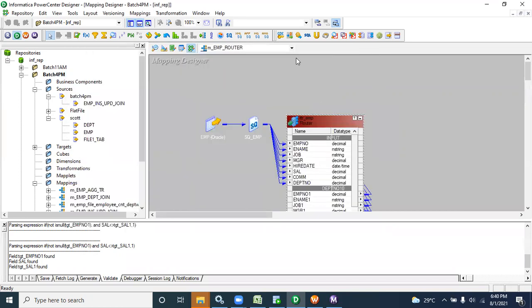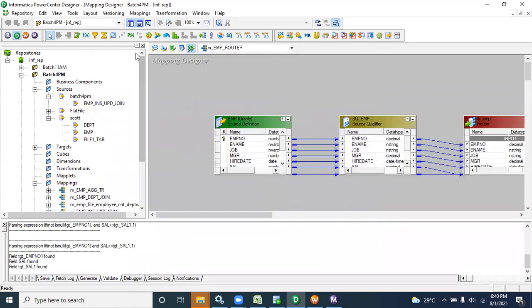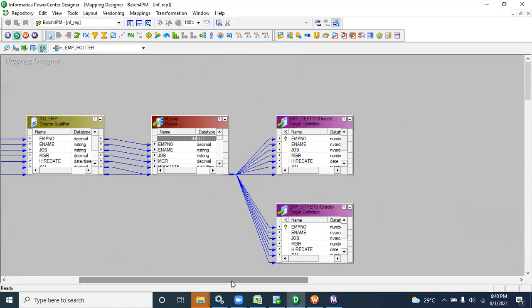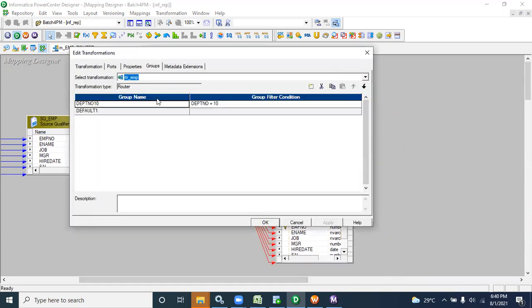You can just see the mapping and you have a bit of an idea now. In the same manner, we are using the same table, but in the router groups we can define the logic: which record goes to insert in one group, and update in another group.